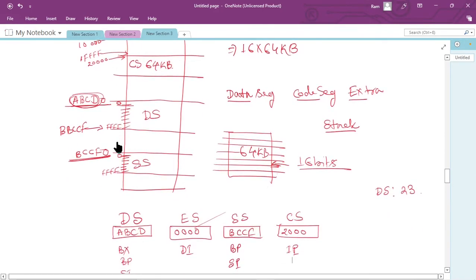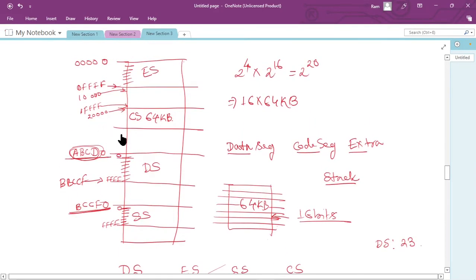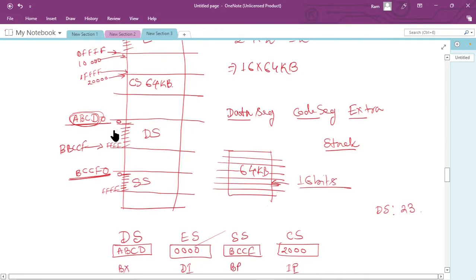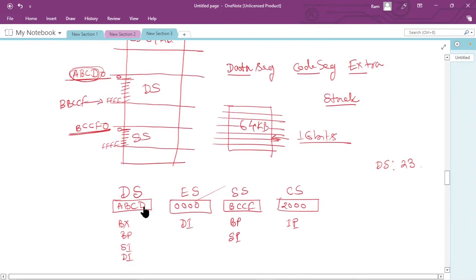So what we can do is use the first 16 bits as the starting address. If we only know the first 16 bits, then immediately we know which byte we are actually talking about. So the first 16 bits of the starting address of a particular segment is stored in these